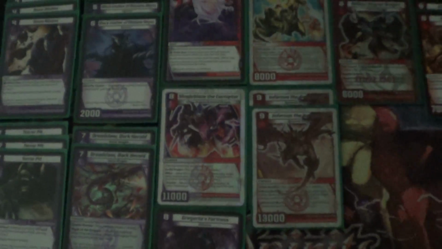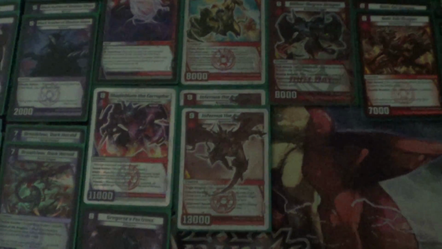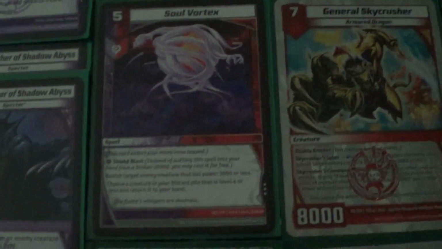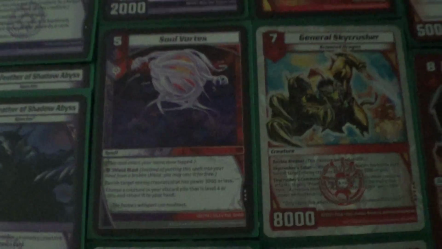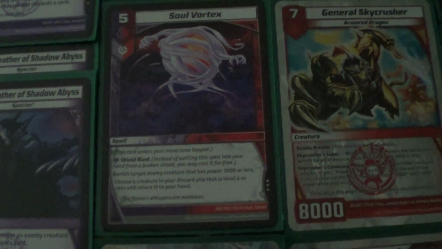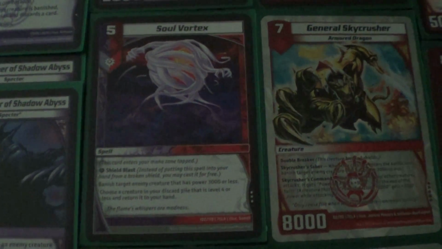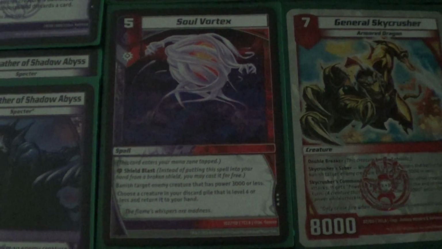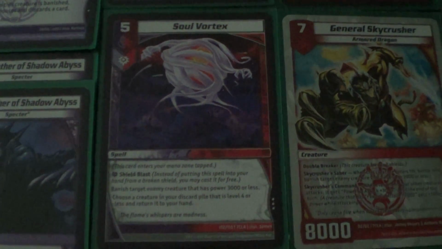So that's the darkness section. I believe that's 15 dark. We'll be moving on to the only two multi-civilization cards, which is the one Soul Vortex and the one Shade Blaze. Again, with Soul Vortex, it's getting the foil treatment in the triple strike, so it sparked my curiosity to try it, and it's actually not that bad, especially against the Rush matchup and against Megabugs, because